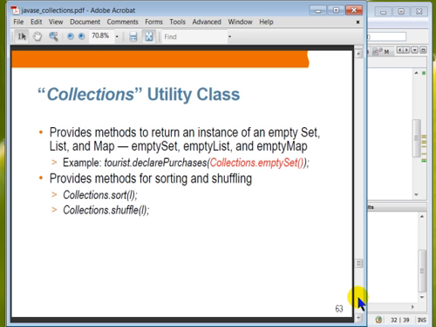do some utility functions. For example, if you want to have an empty object instance of a set, list, or map, then you can call emptySet, emptyList, or emptyMap, and basically you get the empty set object. Okay. You can also call the sort method and the shuffle method, and we're going to talk about these in